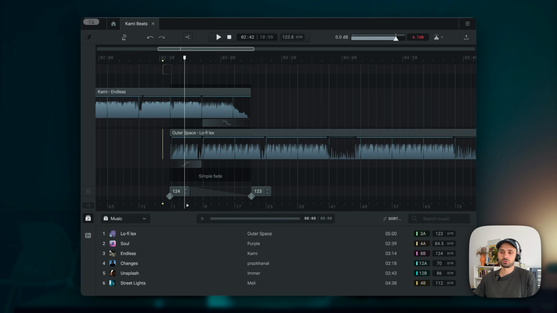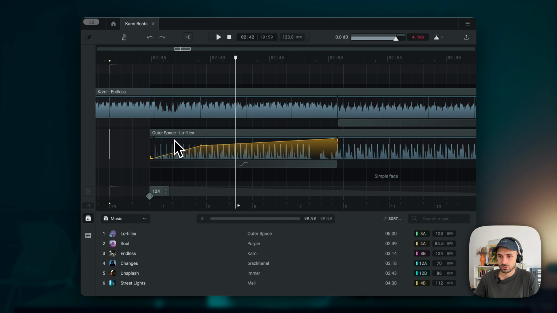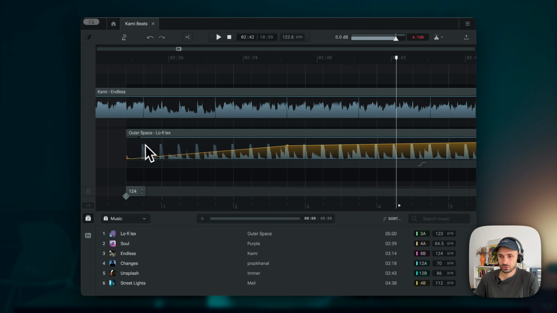So I can hear the two songs are not in sync. Usually this happens when one is ahead of the other, or when their tempo is not correctly detected by DropLab. Let's try to find out what is the issue here. So if I zoom in